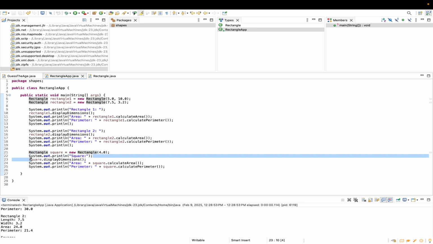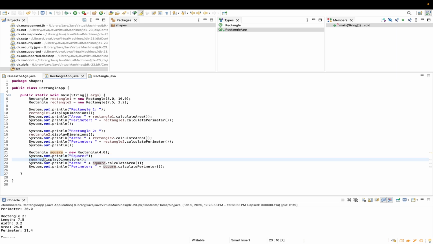And then it prints out the square equals, and the dimensions of the square is, which is the area. So the area plus the calculated area of the square, which is 4 times 4, which should be 16. And then the perimeter of the square, so the calculated perimeter, 2 times length plus width. And yeah, then if you run that in the console,